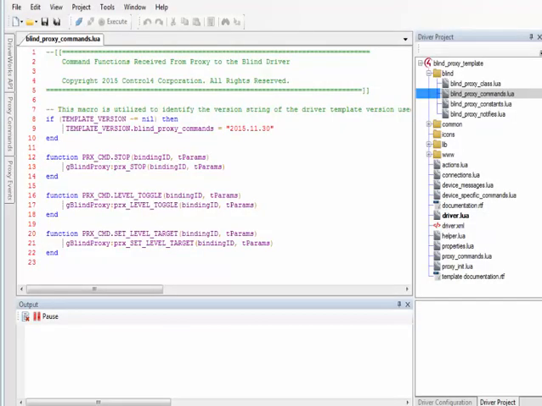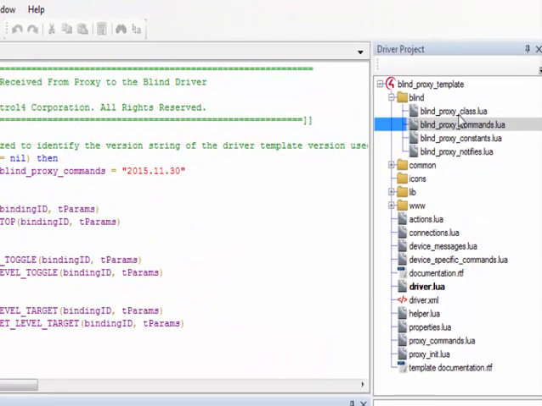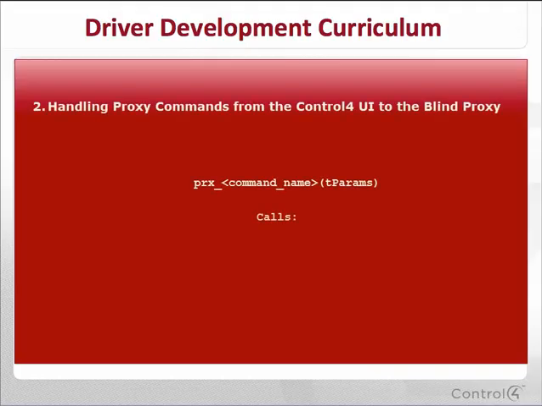the blind proxy commands.lua file then calls into the blind proxy class.lua file. This is a template file that stores device-specific data within the driver template. It receives the modified command and extracts its tparams table into one or many individual parameter elements for you. In doing so, it also modifies the format of the command further. For example,